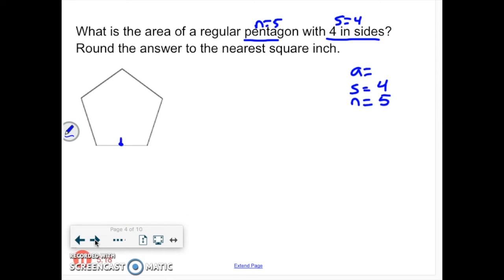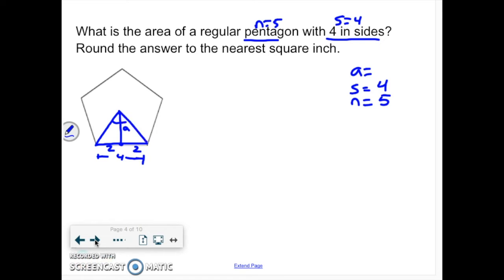So with a pentagon, there's my apothem that I don't know. I want to figure that out. I know that this bottom side is 4 total, but I'm going to think about it as 2 and 2. And then I got to figure out what angle I'm working with. I have a 2 and an A. I got to figure out what this angle is, so I know what angle to put in when I go